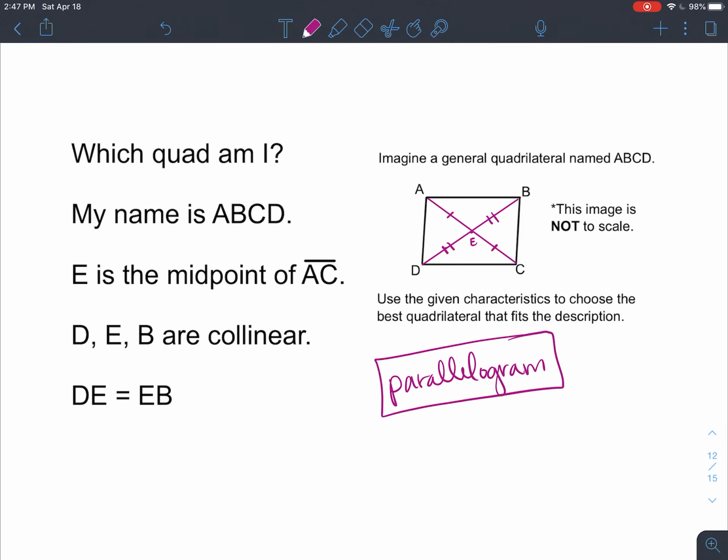As you look through your properties, get as specific as you can whenever you are naming your quadrilateral. If it's a parallelogram, great, go a little bit further. Can you then determine whether it is a rectangle or a rhombus? And can you take it even further to determine if it is then a